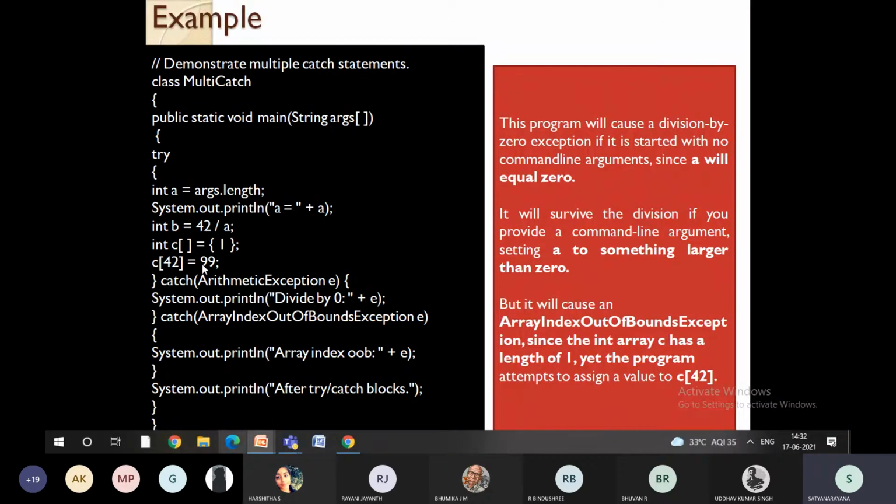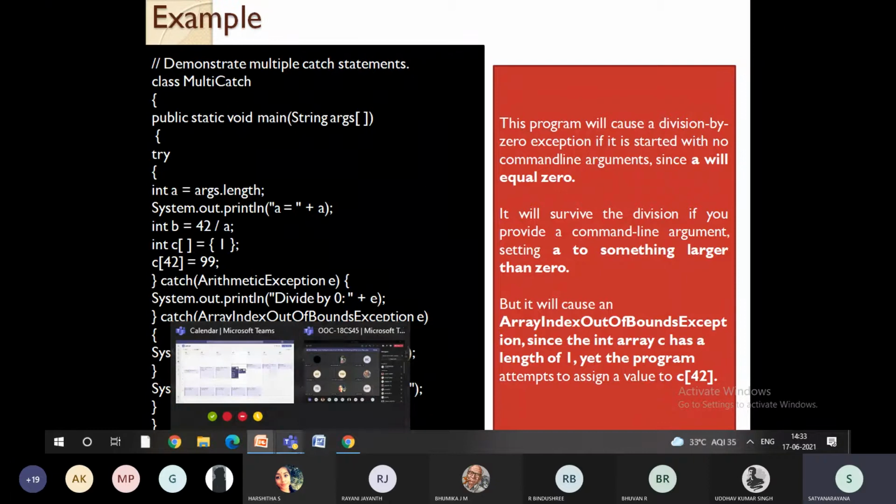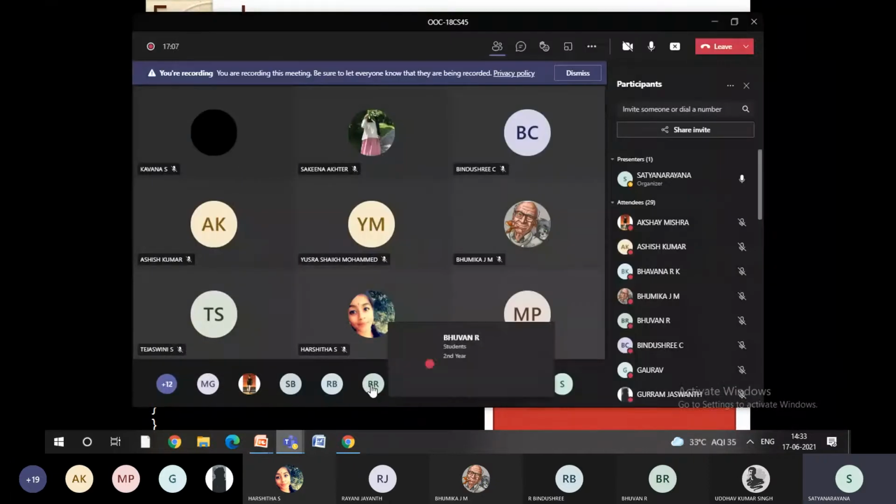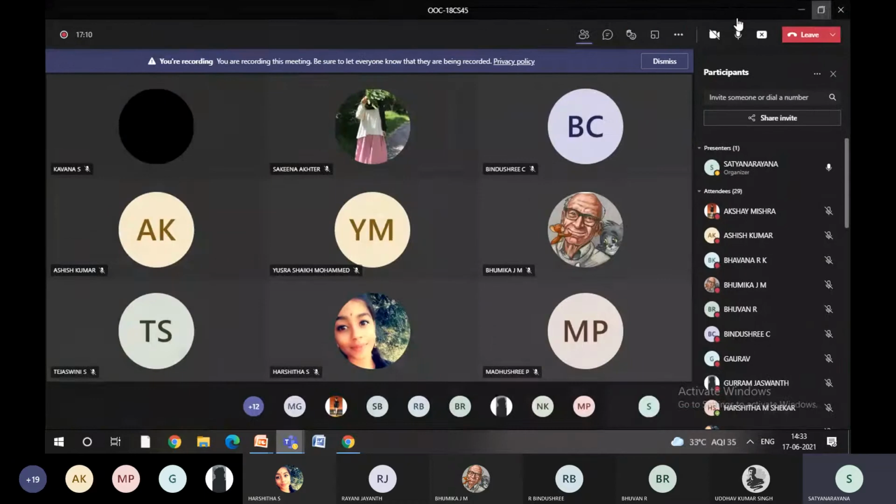So that means when you have multiple exceptions in the program, based on the code it is going to execute and call the particular exception, right? So this is how multiple catch blocks will be written in Java. You can write any number of catch blocks. See, there is no limitation on the number of catch blocks. You can write 2, 3, 10, 100. Depending on the program or the logic, it is going to execute.